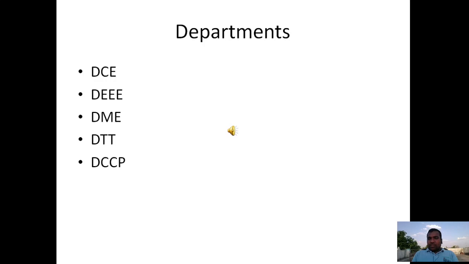Now I move on to the next slide. Here you can observe we have already inserted a sound file in the departments slide, but it is not played with the slide automatically, as we have chosen the when clicked option.